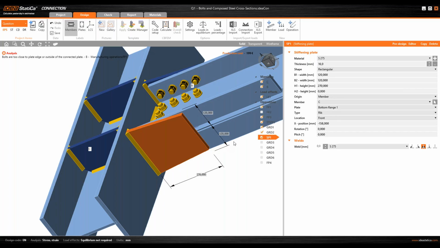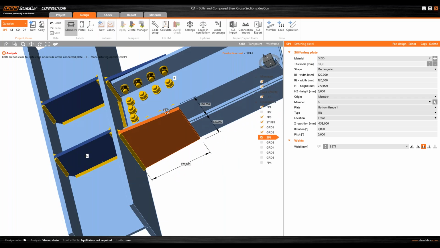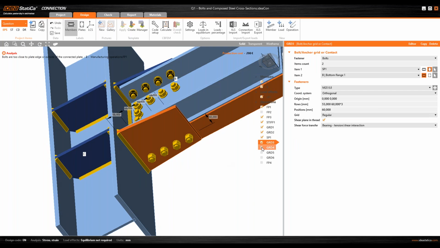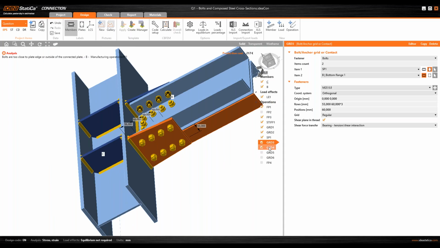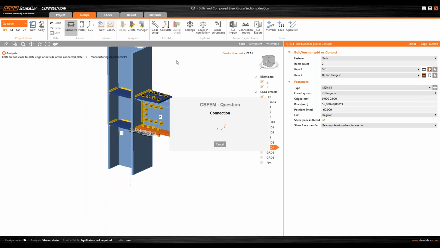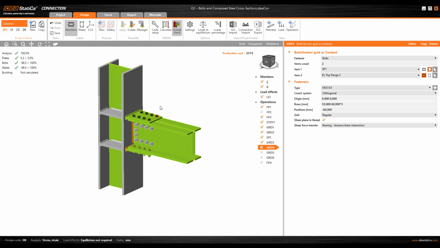So I just need to set the position. It is easier. And here I have the same plate. Then the same workflow. I can add some manual bolt operations for each flange, and here I have it. Okay, so now when I try to run the analysis, there is no error. The analysis ran successfully, but I always recommend you that you have to check, of course,